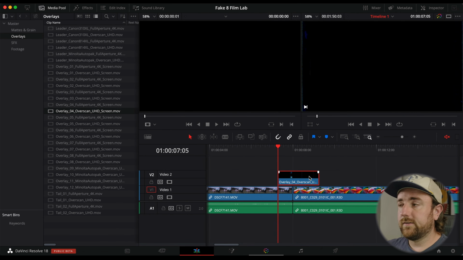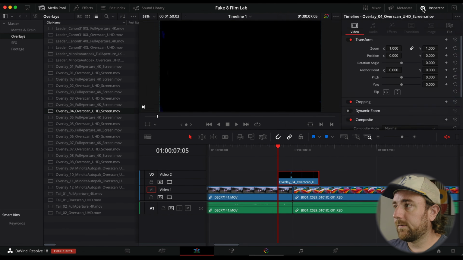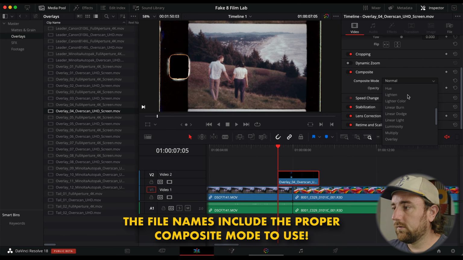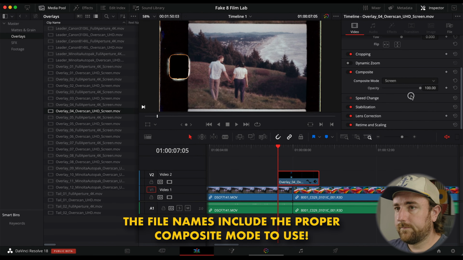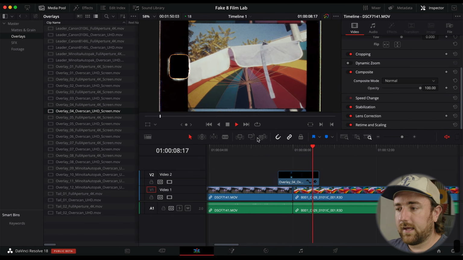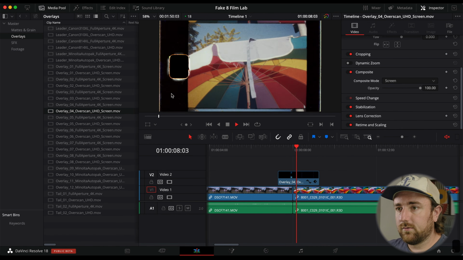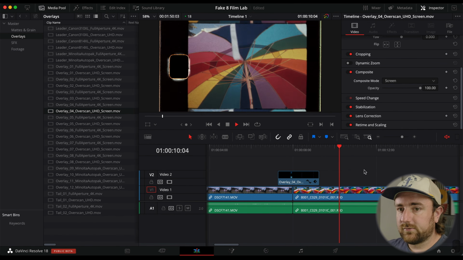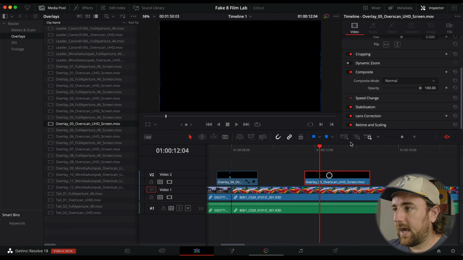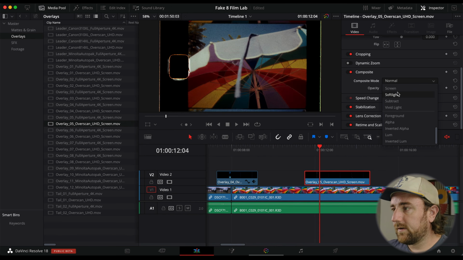And then these ones you need to set to screen mode. So I'm going to go to inspector and change the composite mode to screen. And so now if I play it back, you can see it adds a little bit of a flare to the side when it transitions. So you can put these anywhere you want, and they just help add a little bit of style to the footage and break up,